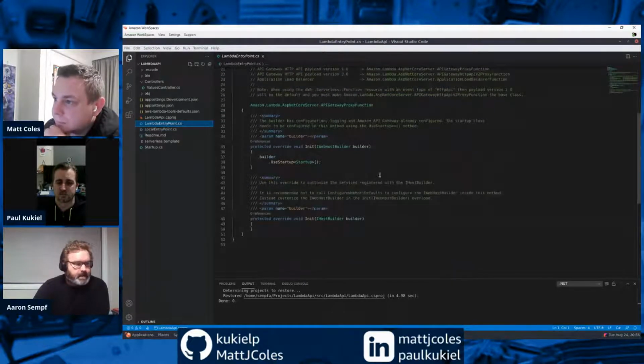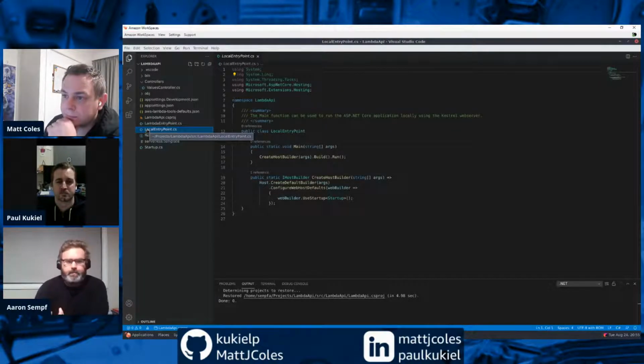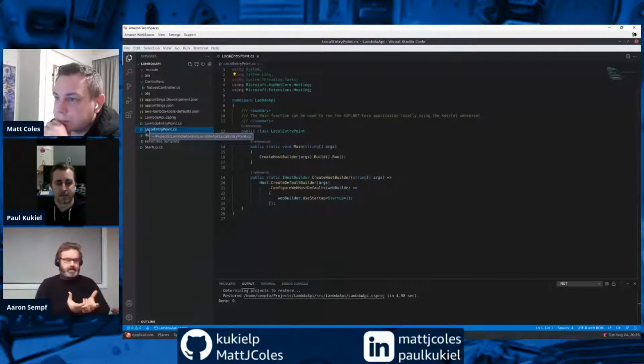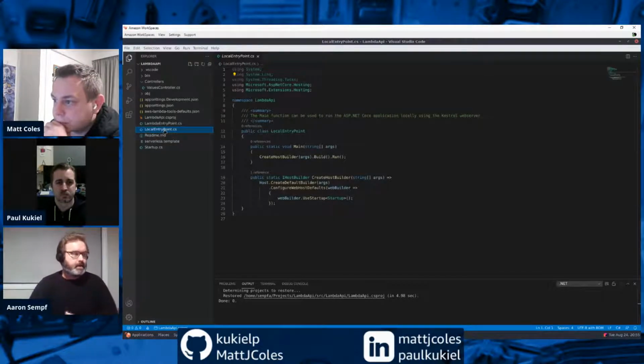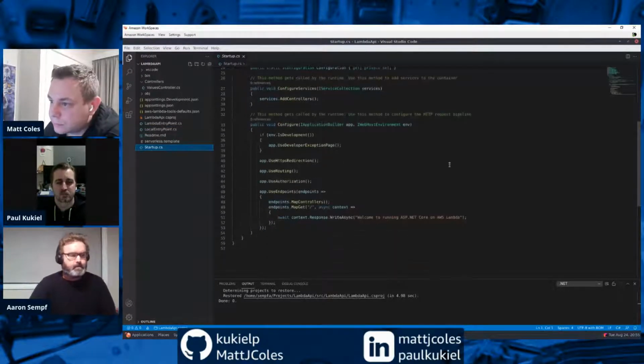So this is the guy that actually checks whether we're coming in on a Lambda or whether we're coming in locally. And then it will host it based on that. If we're coming in on Lambda, then it will accept basically any requests coming from the Lambda, and that sets up the handler. Otherwise, if we're coming in locally, it sets up the request to come through Kestrel. And that's obviously the startup is the same. So you can modify,